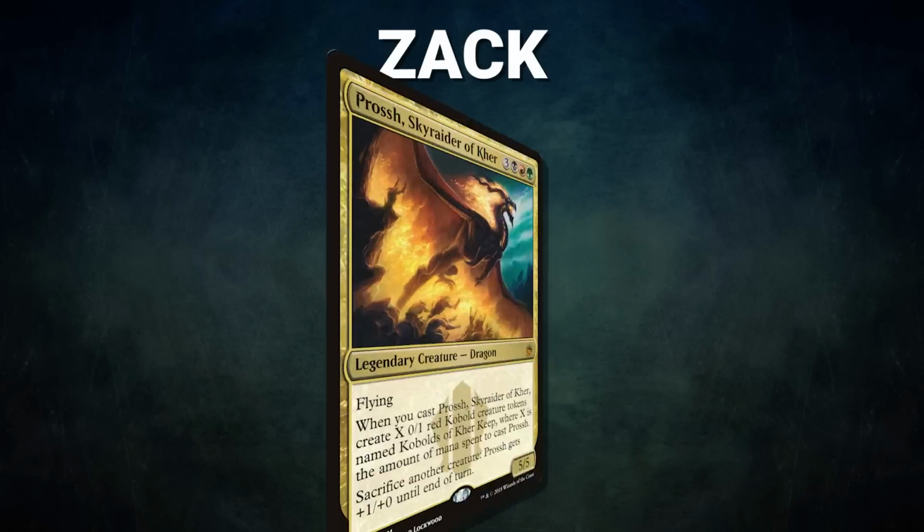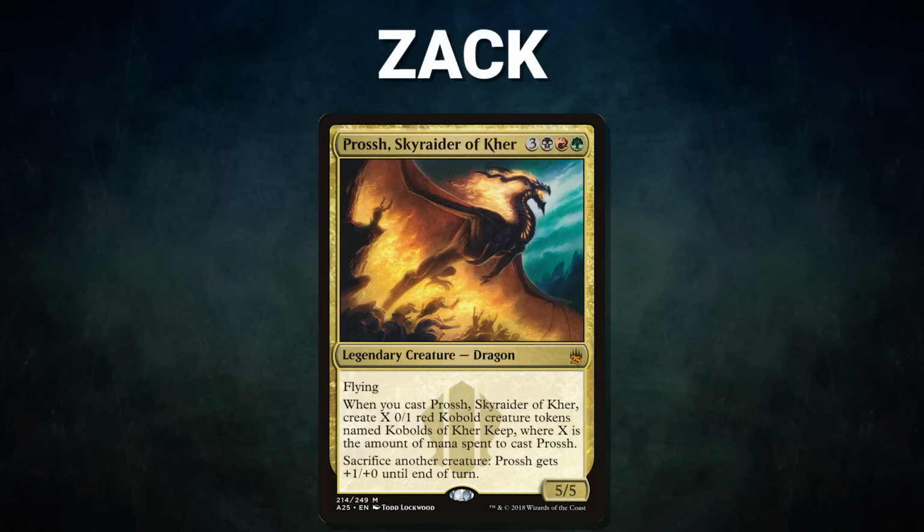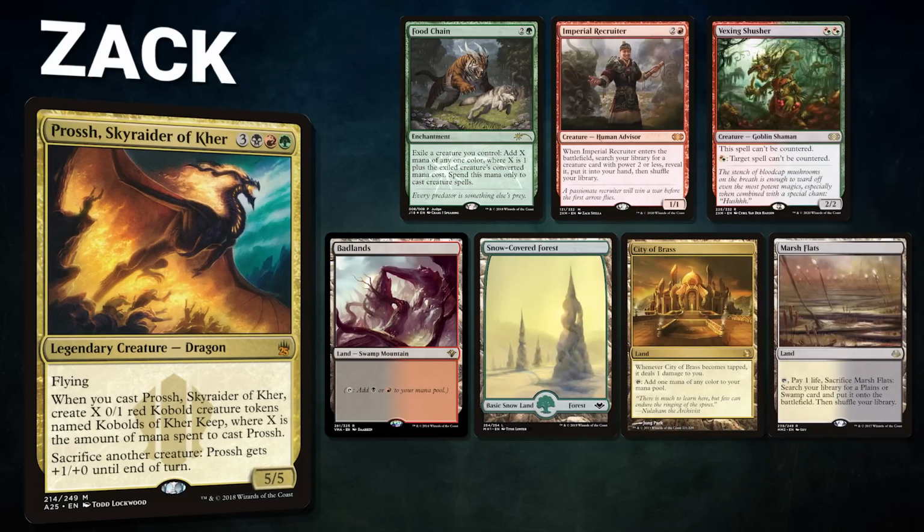Now, let's start out by showcasing our fighters this evening. First, we have Zach piloting Prosh, Skyraider of Care. This is a Jund food chain deck that looks to assemble the food chain combo using Prosh and a sack outlet to kill the table. Prosh has fallen out of favor as a food chain commander with the pairings of Korvold and the First Sliver, so we will see how he does tonight. Zach's opening hand contains a food chain, Imperial Recruiter, Vexing Shusher, Badlands, Snow-Covered Forest, City of Brass, and a Marsh